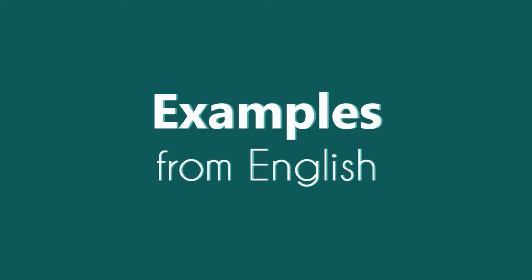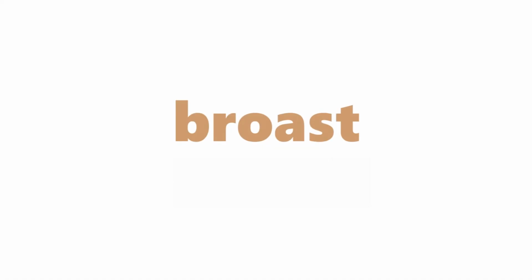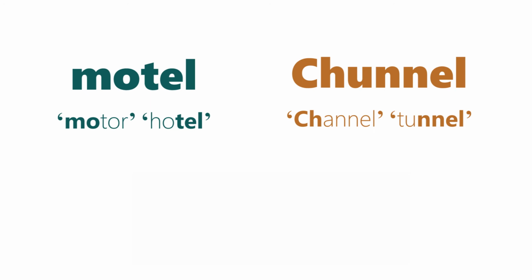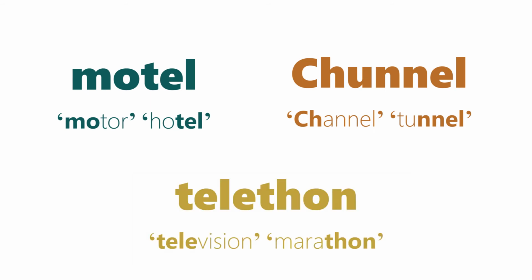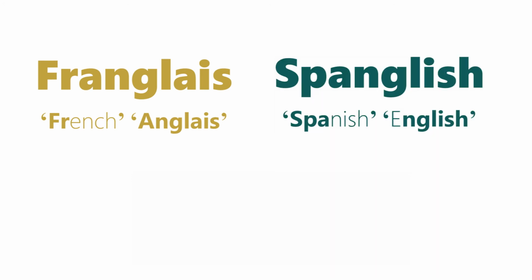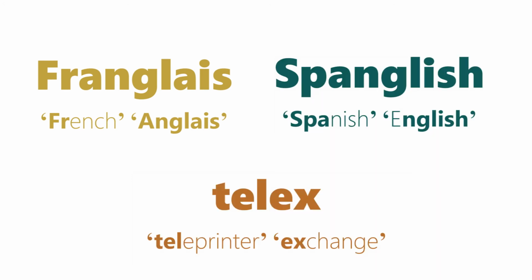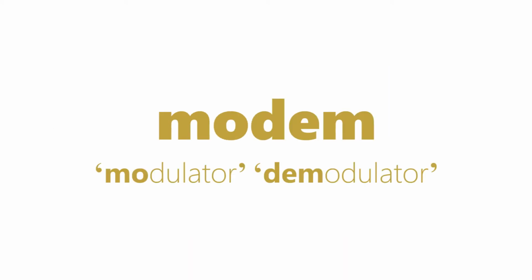But back to the typical blends. For example, the word broast is a combination of broil and roast. And the word smog is a combination of smoke and fog, a blend of smoke and fog. And modem, this is my favorite. It's modulator, demodulator. Brexit is,